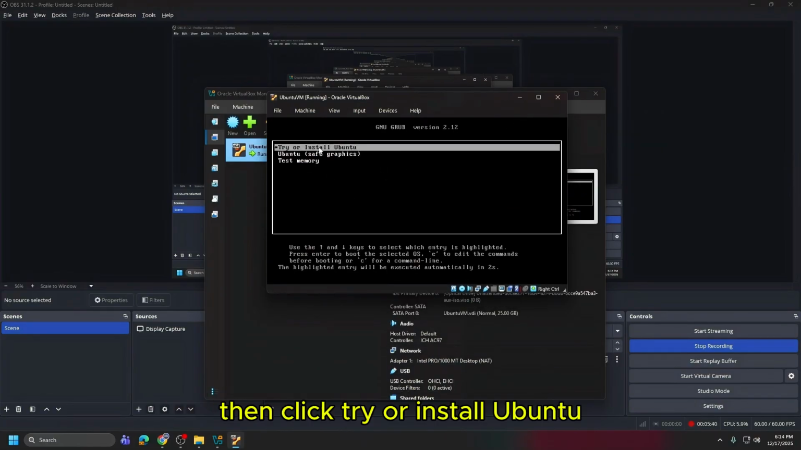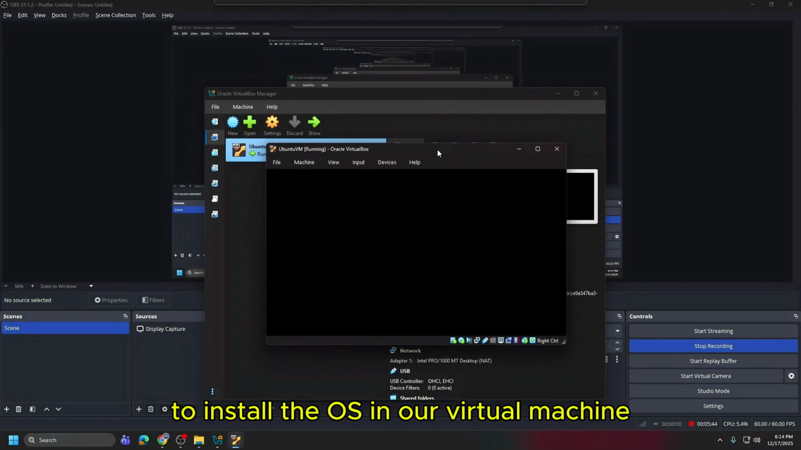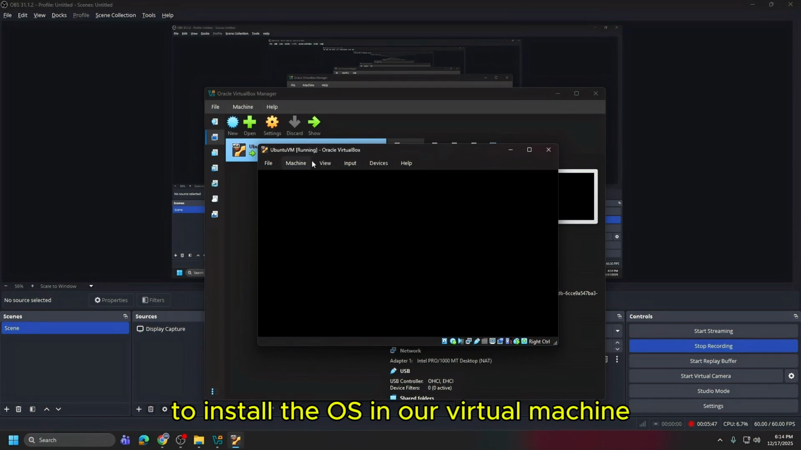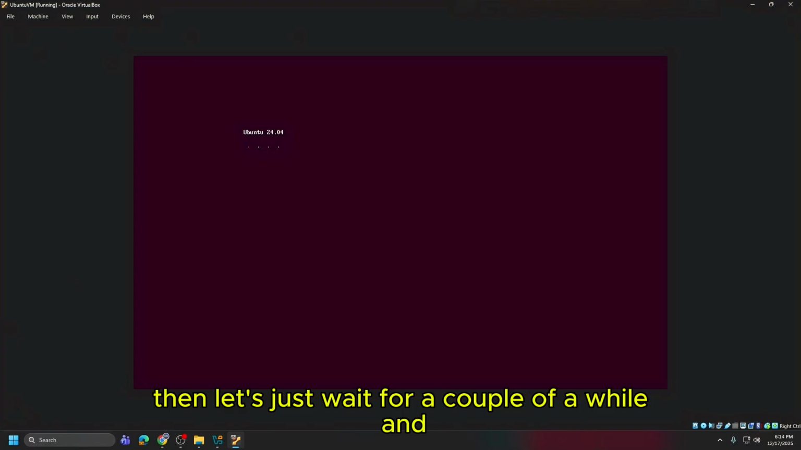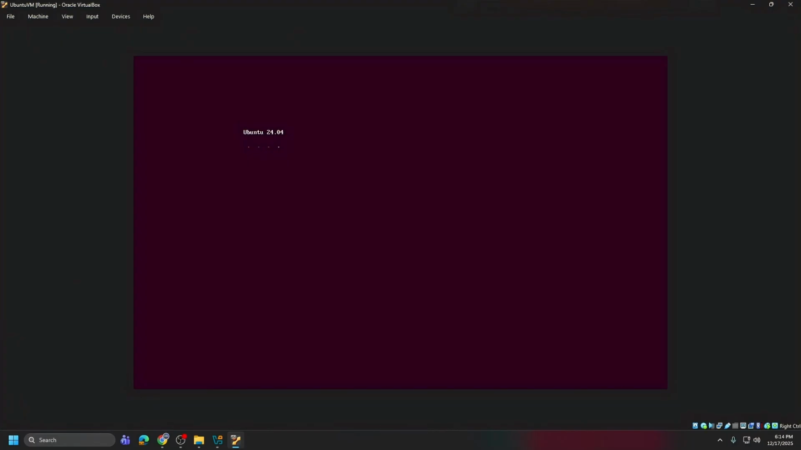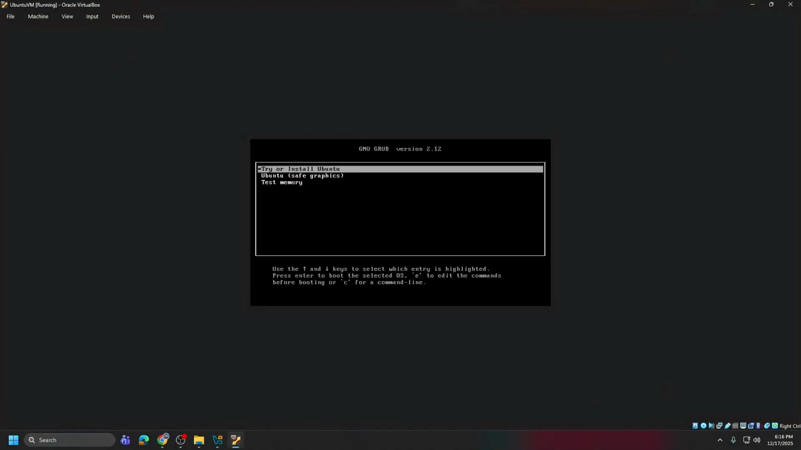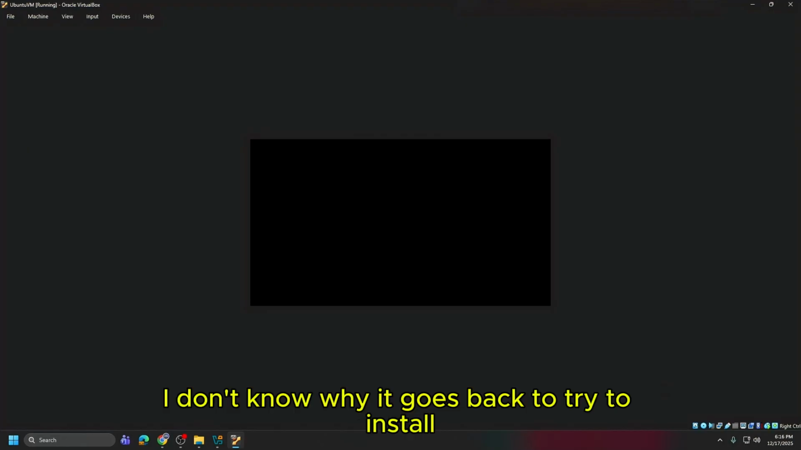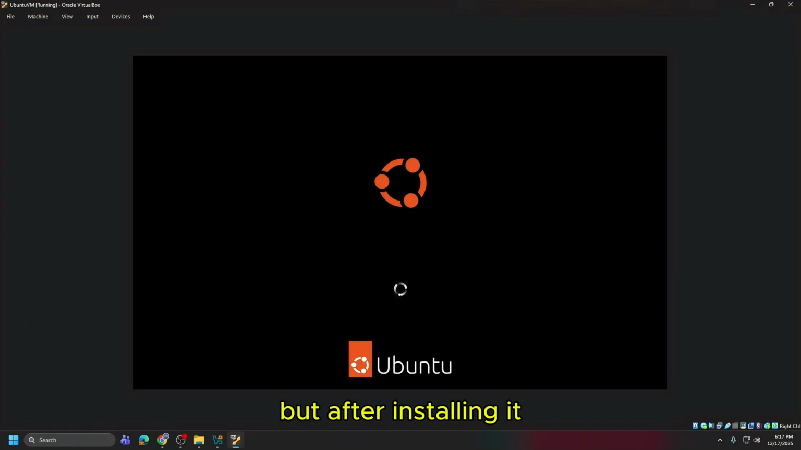Then click try or install Ubuntu to install the OS in our virtual machine. Then let's just wait for a while, and then it goes back to try to install. Yeah, then done. I don't know why it goes back to try to install, but after installing it,